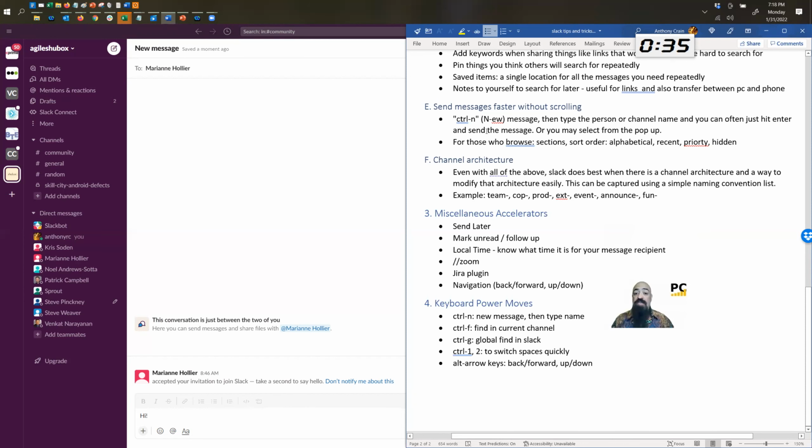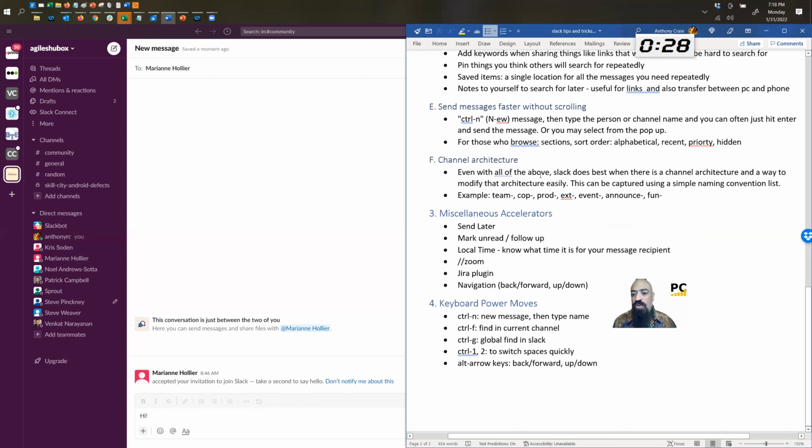All right, but even given all that, remember we're still covering just Anthony, there's too many channels. A channel architecture will absolutely help you. Channel architectures are all about coming up with prefixes. So here's one architecture. Every team will have team dash, but every product will have prod dash. So for example, my team was a game of scrums. So we would put team dash game of scrums. And now I know anything in there is about my team.